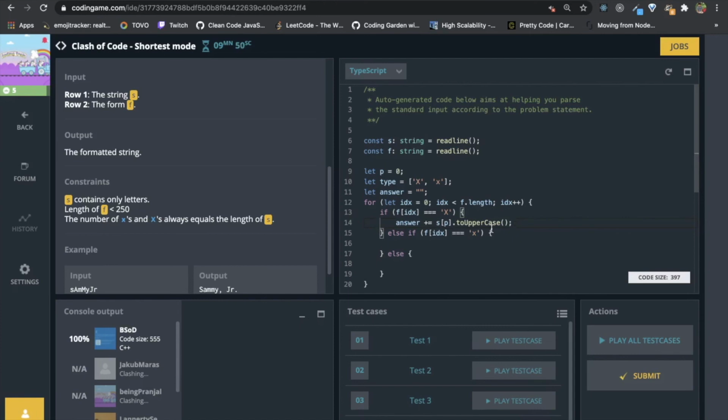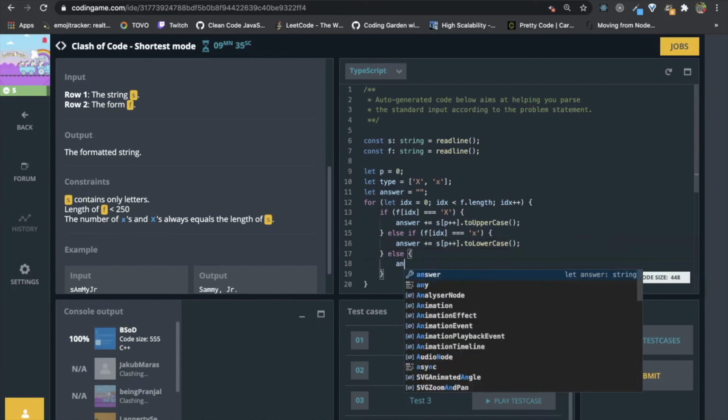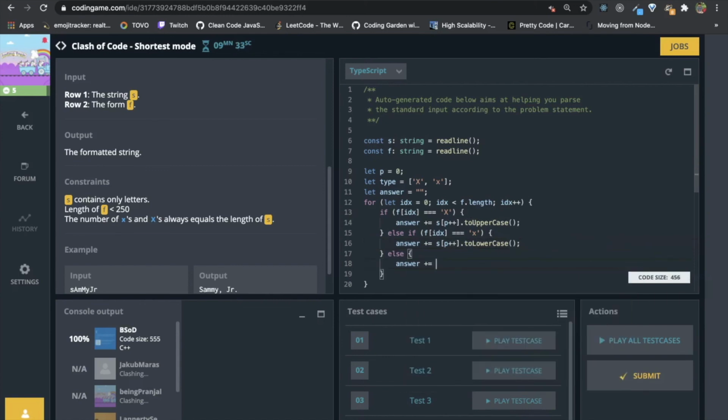We can call p++ here only, and here also we can do the same thing, just we are doing toLowerCase, and here we can do answer plus equal to whatever is inside f of idx.